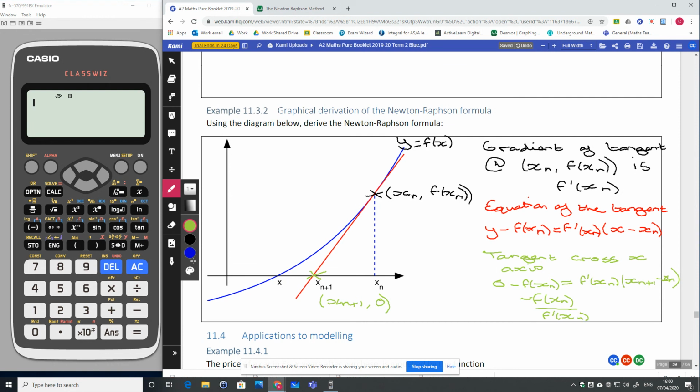By that derivative, I'm trying to make xn plus 1 the subject, because that is the coordinate that I'm looking for. That's the whole point, finding out where that tangent crosses the x-axis. I can then add xn across. And there it is. So that is how you derive the Newton-Raphson formula from